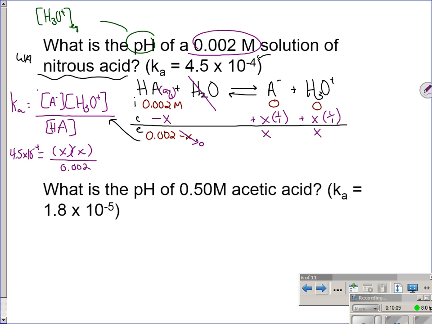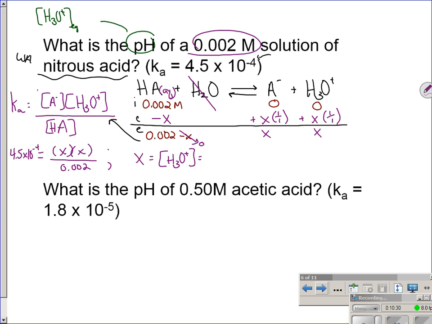So you're going to solve algebraically for the value of x. X is defined as the equilibrium concentration of hydronium. So once we have that, we can solve for pH. So algebraically solve for x,